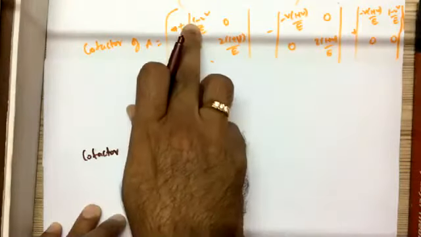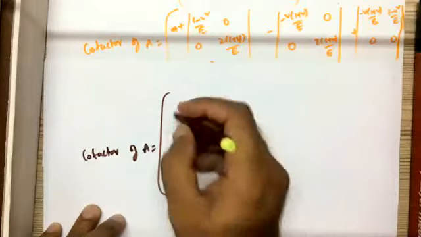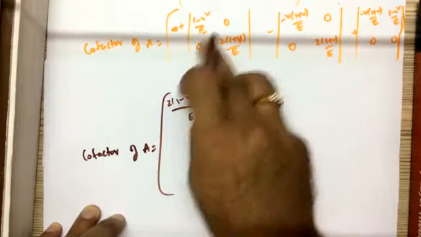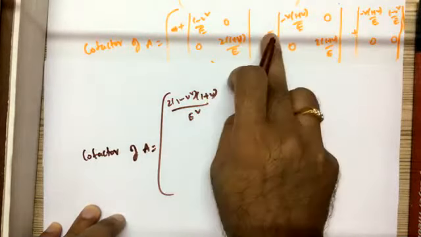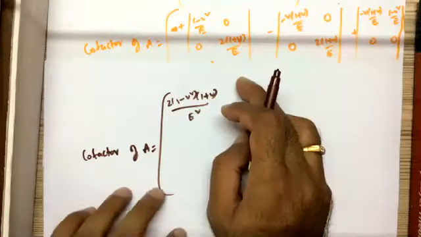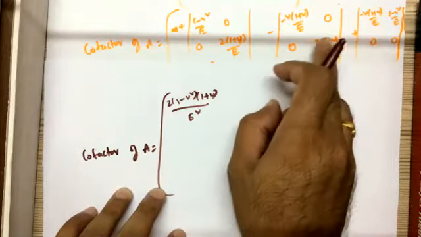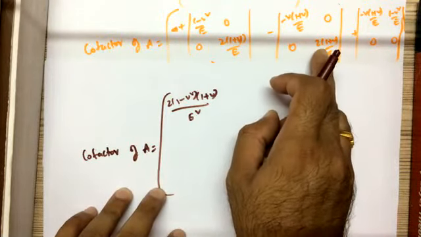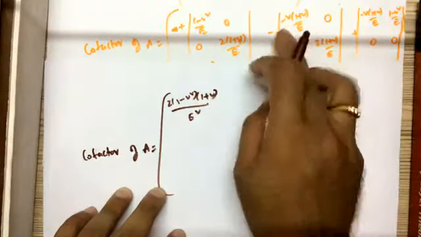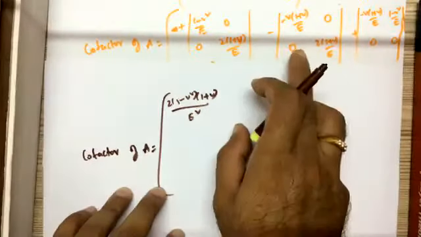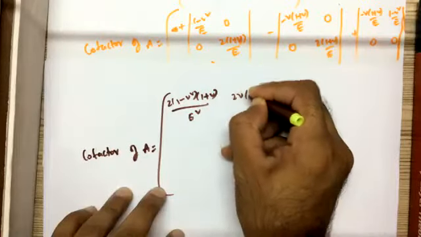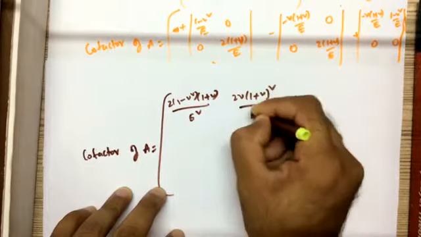What is AD? 1 minus mu square by E, 2 into 1 plus mu by E. How much you get? 2 into 1 minus mu square into 1 plus mu divided by E square, minus 0 into 0 is 0. You got minus here. Again, AD minus BC. Minus mu into 1 plus mu by E, 2 into 1 plus mu by E. So you'll get minus 2 mu into 1 plus mu whole square by E square. But you have minus symbol outside, so minus into minus becomes plus. So 2 mu into 1 plus mu whole square by E square minus BC.